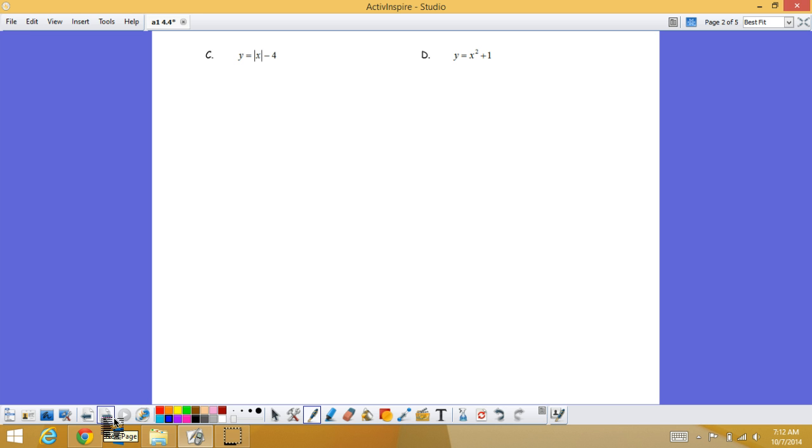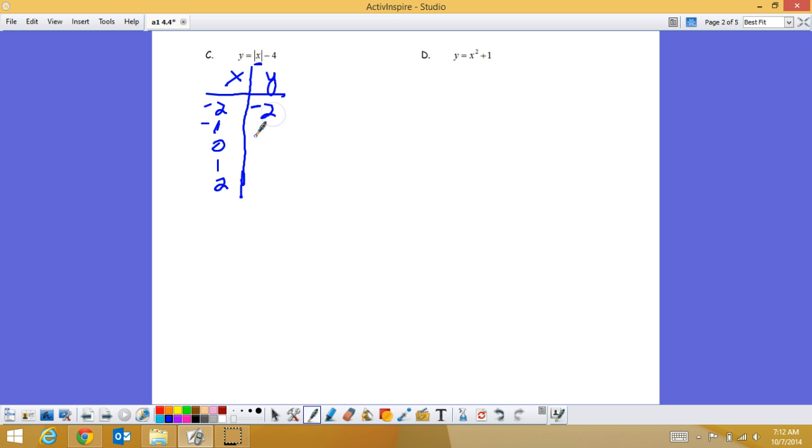The first one is an absolute value function. Again, we can pick several values for x just to get a general shape. For example, we can pick -2, -1, 0, 1, and 2. So if we plug -2 in for x, absolute value of -2 is 2, minus 4